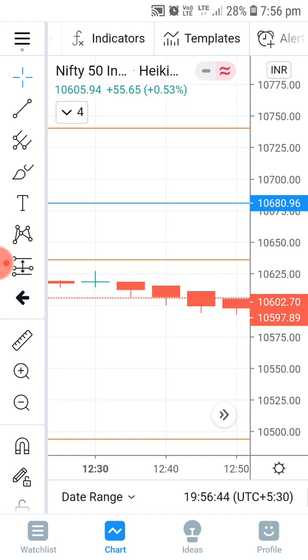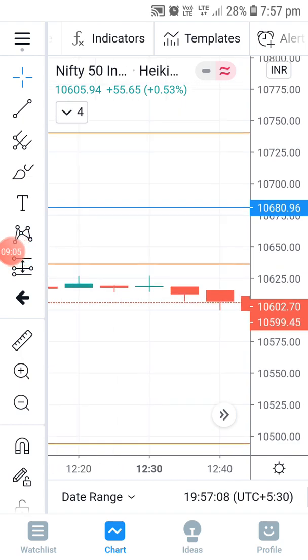This is one of the best tools where, if you are a beginner, you can identify where the Nifty support is, and once the resistance is broken, where you have to take an entry and how much you can expect, like how much the next resistance is. Till that you can wait. Once it goes to the next resistance level, you have to wait and see whether this resistance is going to break or not. Based on that you can take a better entry. All those things will be very useful.